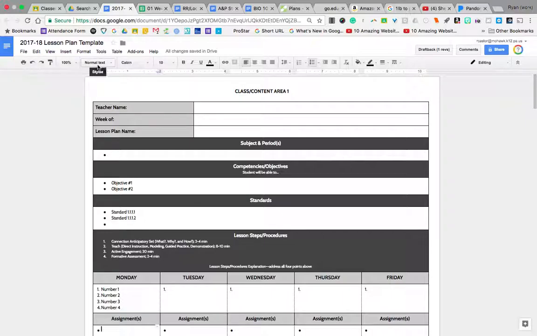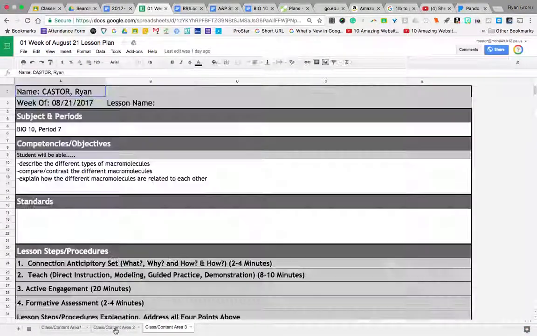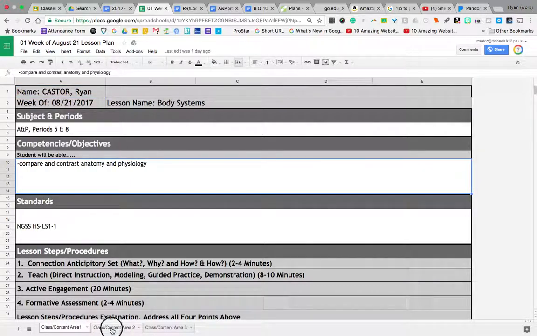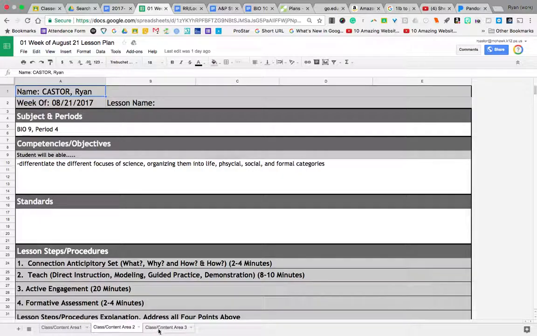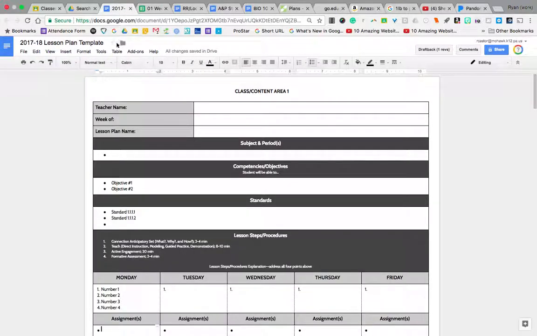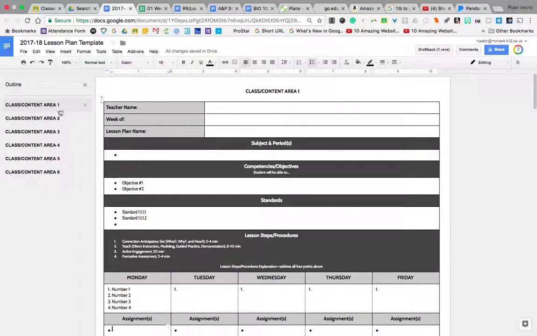And then the last little tip or trick that I want to show you, and Brad, this is for you as an administrator. I know that if we jump back over to the spreadsheet, the content areas were divided out into different sheets by tabs at the bottom of the Google Sheet. You have a handy little feature, if you weren't aware, under Tools in Google Docs called Document Outline. And I've gone ahead and made each of these